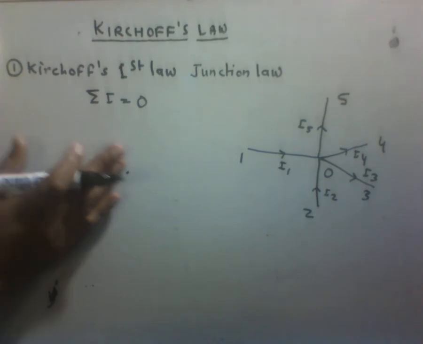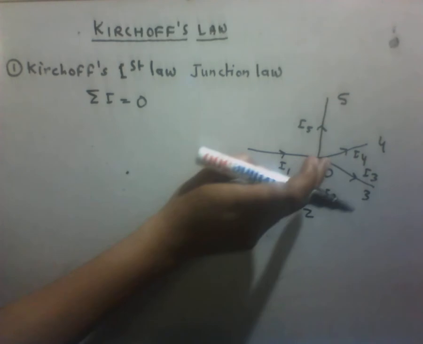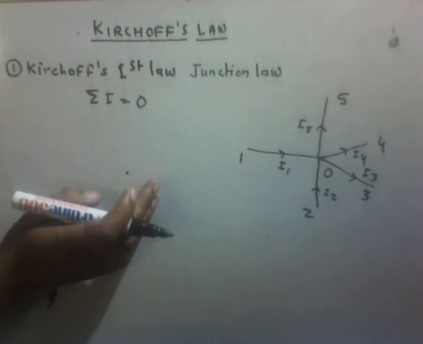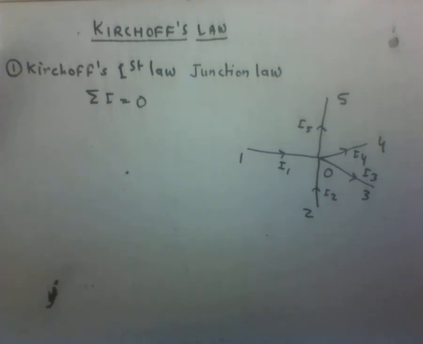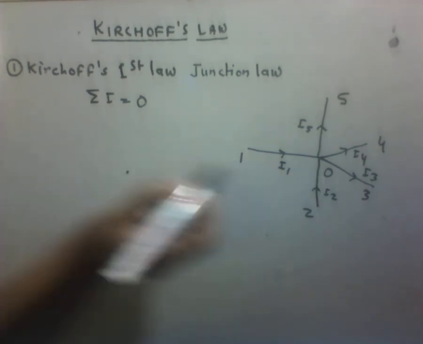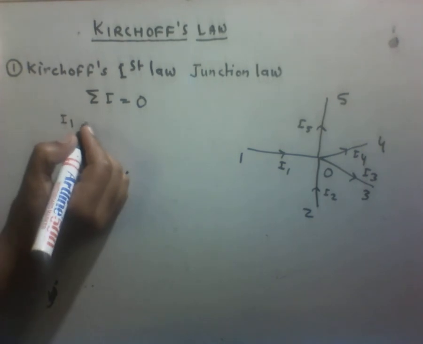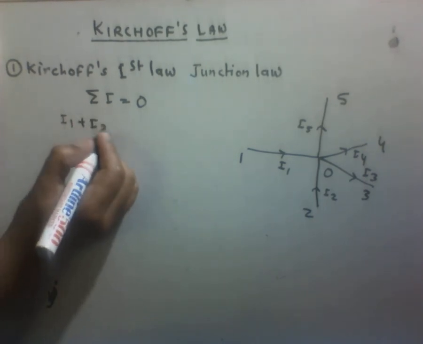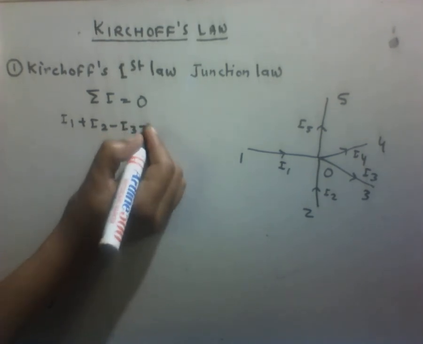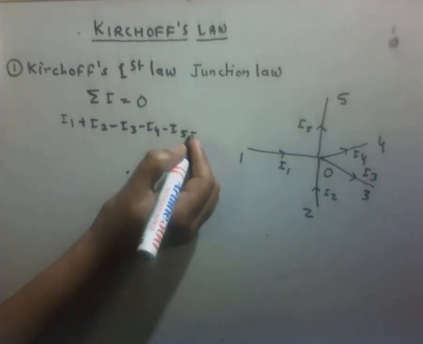On applying this law, the currents which are entering the junction are taken as positive, while the currents which are coming out from the junction are taken as negative. Means, from Kirchhoff's first law at point O, we can write I1 plus I2 minus I3 minus I4 minus I5 is equal to 0,